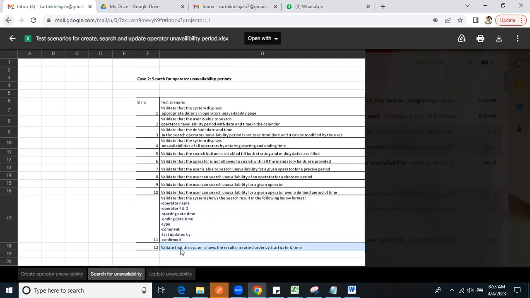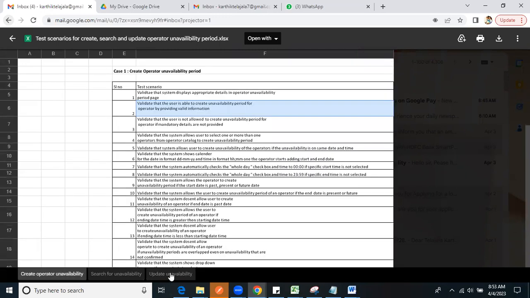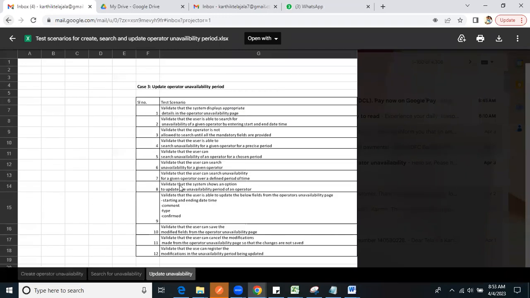Validate that the system shows the results in sorted order, by starting date time. That and all is covered in the search scenario, so there is no need to write it separately. That is from the searching point of view. Now for update, you need to write all the cases which you covered from the create point of view, except validating